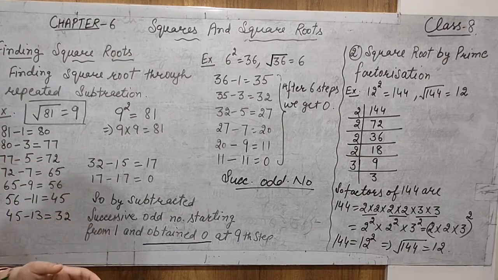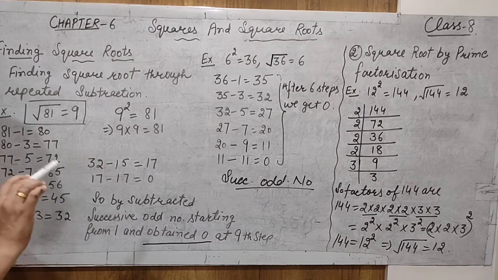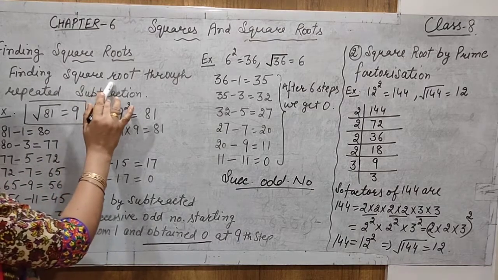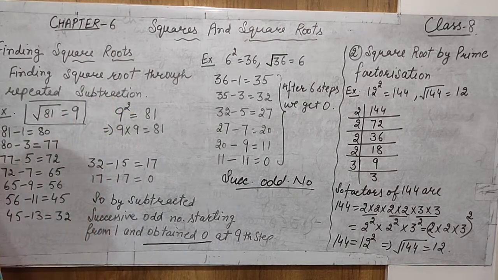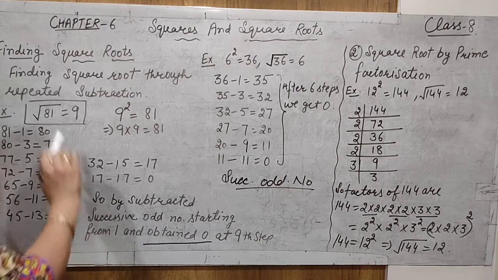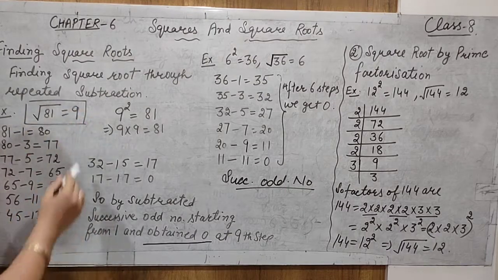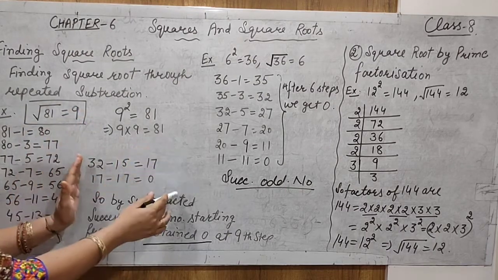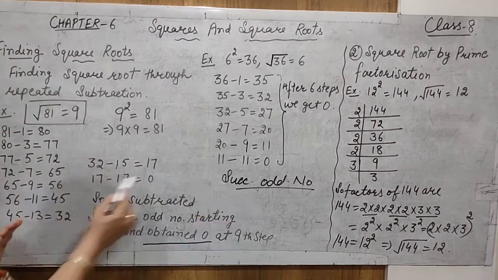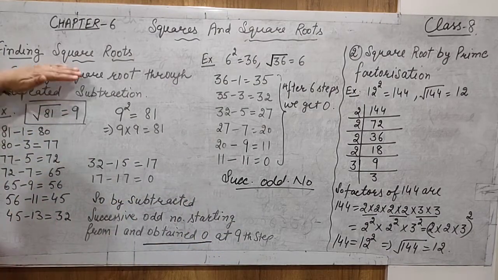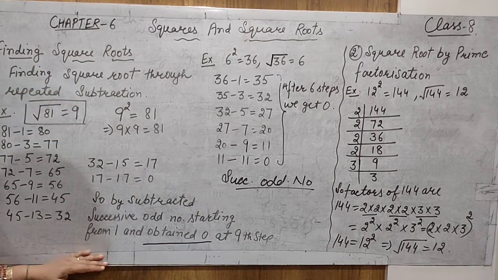This method uses repeated subtraction. Now in the exam, if it is only asked to find the square root, you can adopt other methods also. Let us do more methods for that. But if it is specified that you use repeated subtraction, then you must use the complete process and write the answer according to this. These are the complete steps you must follow.